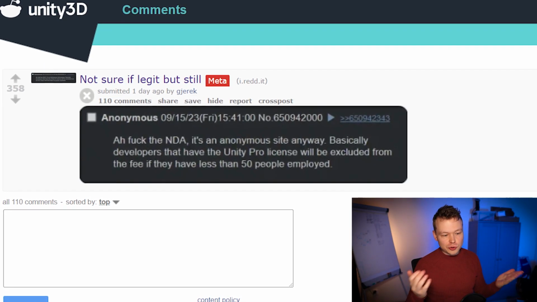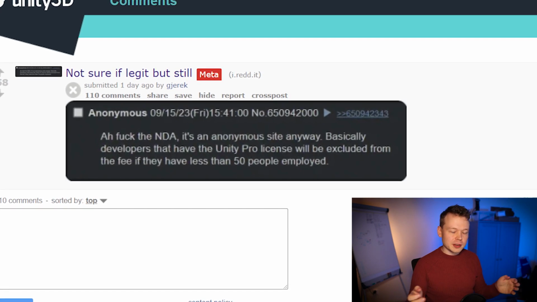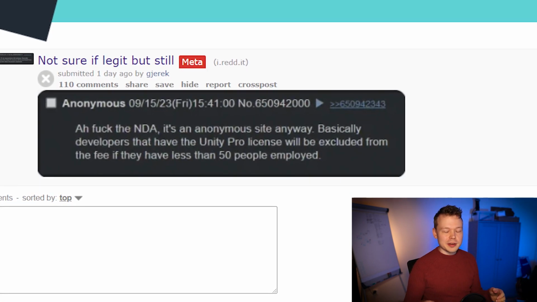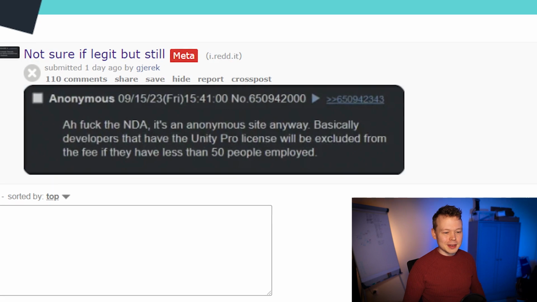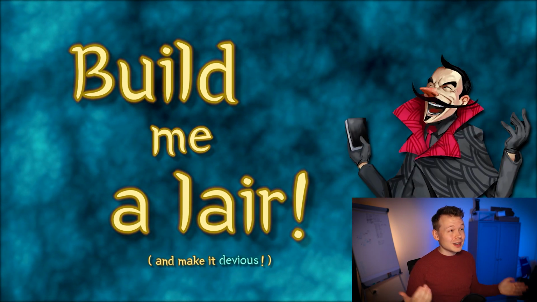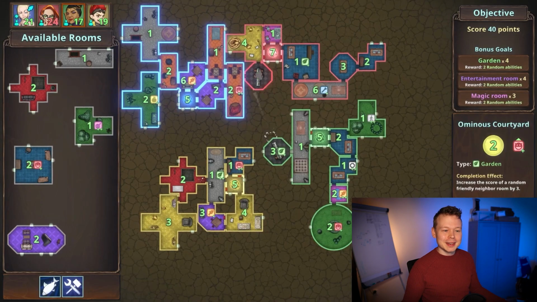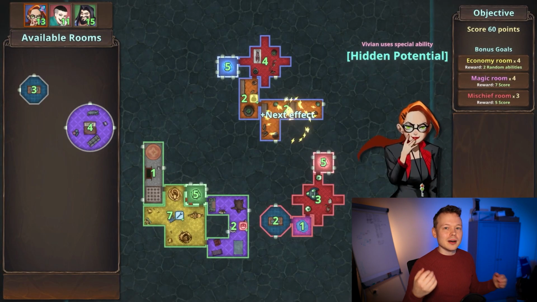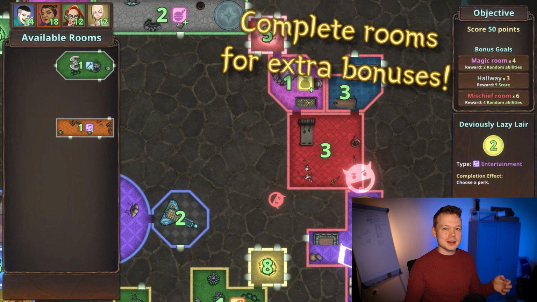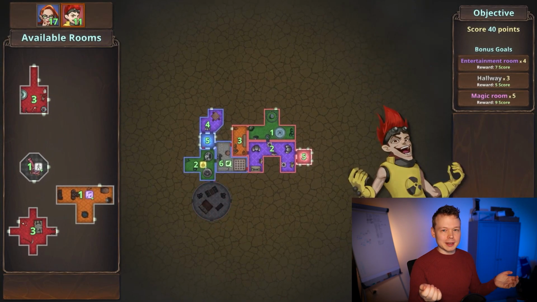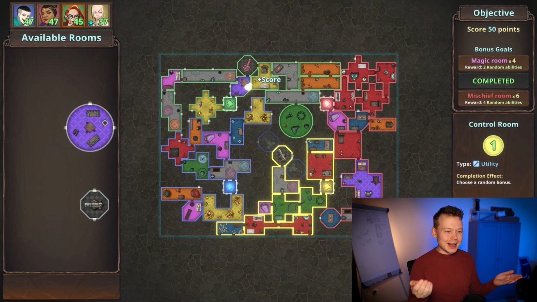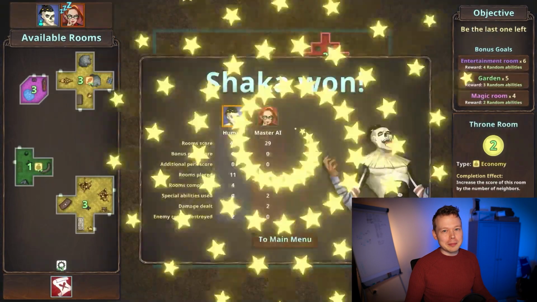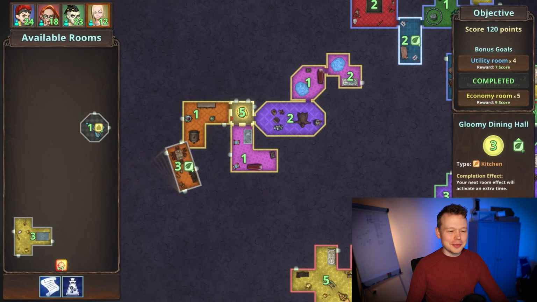Then there has also been a rumor going around that they would pivot so that all these costs would only take effect if your company has more than 50 employees. Now that could just be a pure rumor, I have no idea, but if it is true, kind of nice I guess, but that still doesn't address the main point of contention, I think, which is how can you trust Unity going forward when they make these retroactive changes, and they have displayed that they do have the mentality to make these changes. But yeah, there's lots of stuff floating around and updates happening, but I cannot go into more detail about those